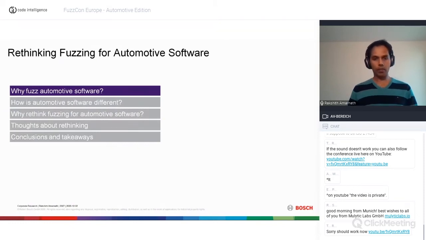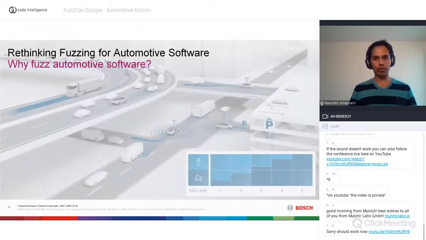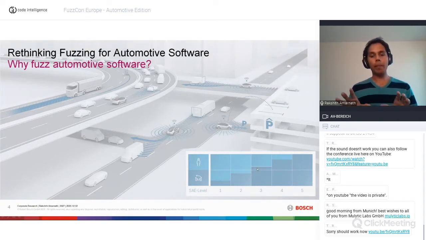Firstly, why on earth should we fuzz automotive software? There are different motivations for this. On your bottom right, you see different levels of automation. It starts getting interesting from automation level 3, because this is where the car as such takes more control than the user. From level 3 onwards, the user is always coming out of the loop, right?